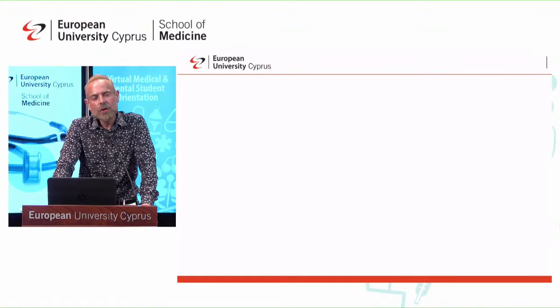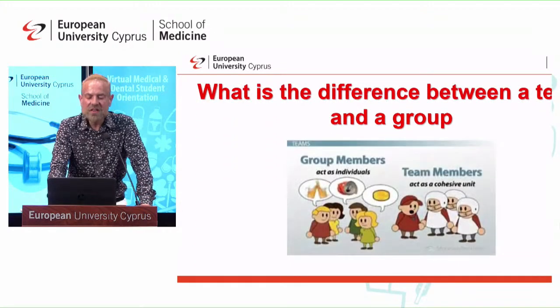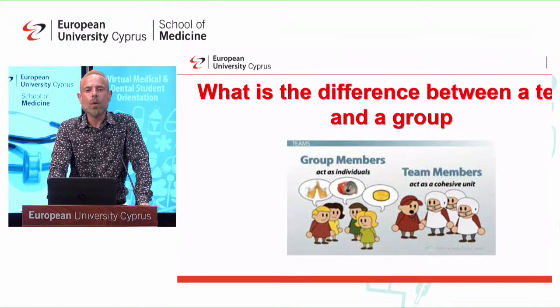One of the things that I would like to point out, and one of the things that we have written even in the guidelines of professional bodies, such as the European Society of Cardiology, the European Resuscitation Council, the European Society of Internal Medicine, is what is the difference between a group and the team? And there is a huge difference between the group and the team. A group has a different goal. Each member of the group has a different goal, whereas the team has a common goal.